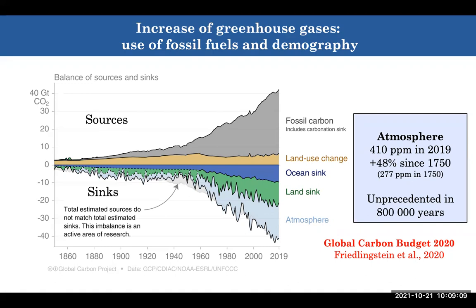But even if it is only half, this has strongly increased the amount of CO2 in the atmosphere, reaching 410 parts per million in 2019, which is a 48% increase since 1700, taken as the pre-industrial reference for the greenhouse gases. And this is clearly unprecedented in the last 800,000 years. So it's clear that the increase of greenhouse gases tends to warm the